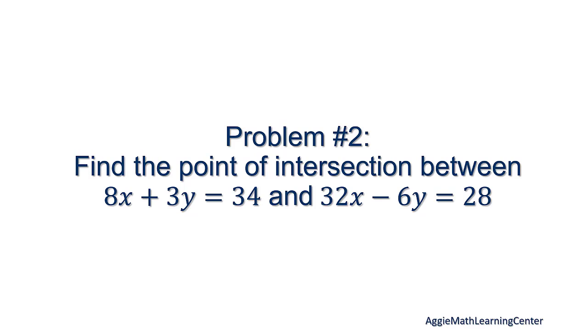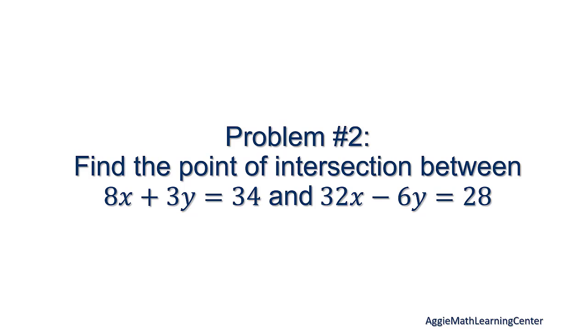Looking at these 2 equations, there are 3 y's in the first equation and negative 6 y's in the second. Remember that the goal is to cancel out a variable by adding or subtracting the equations together. When I see negative 6y, I think, okay, this is just 2 times 3y and is negative. If we can multiply 3y by 2 and add that to negative 6y, we will get 0. Because of this, I like to multiply both sides of the equation by 2 so that we can get 6y, and then add the 2 equations together by adding the 2 left sides together and the 2 right sides together.